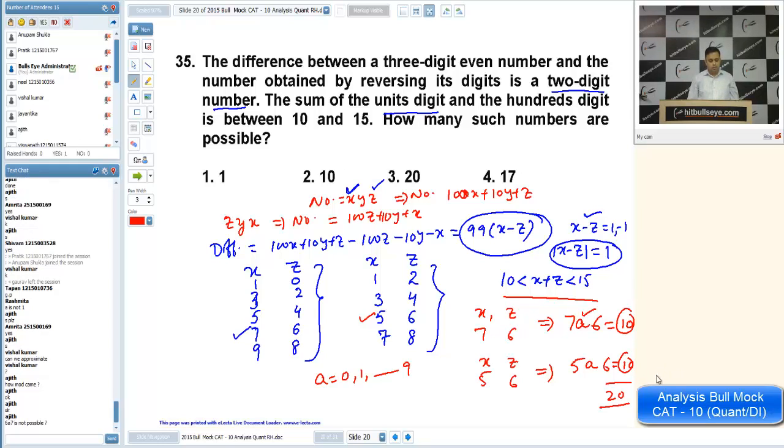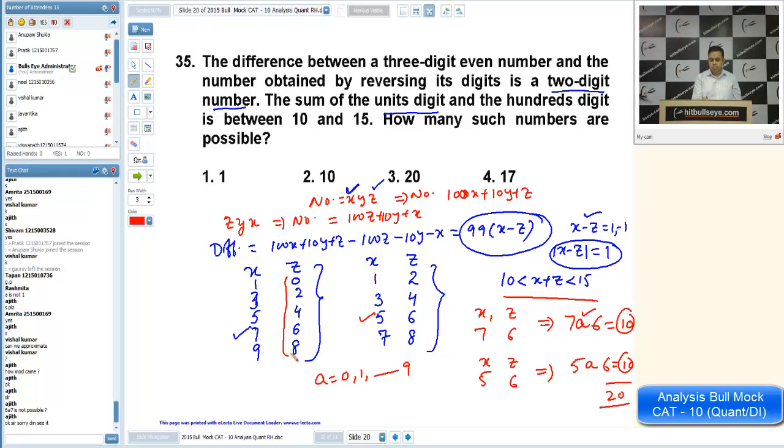Is it clear or not? Ajit, actually in case of 6a7, you will take z as 7. In that case the number will become an odd number, and the question says that the number is an even number. That is why I have taken only the even values for z in both of the cases. Although it is possible, the question says that the number is an even number. Okay. So let us move on to the next question.